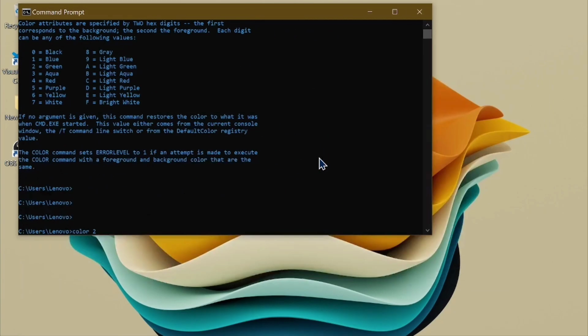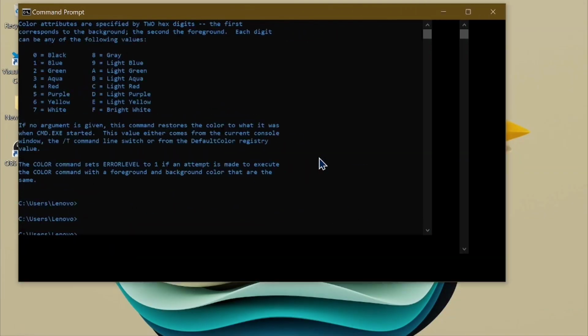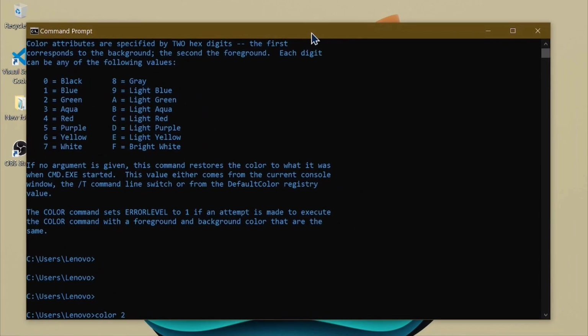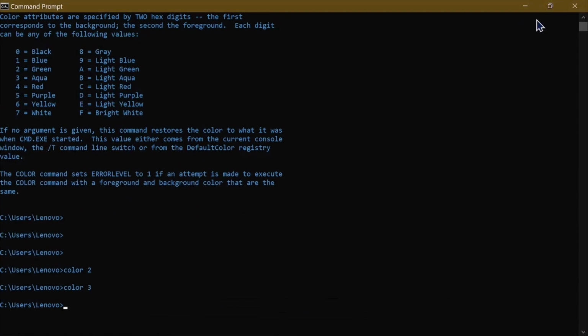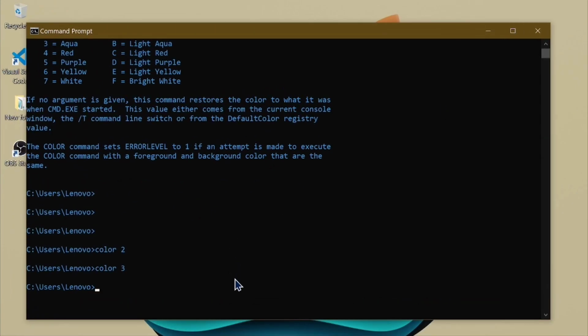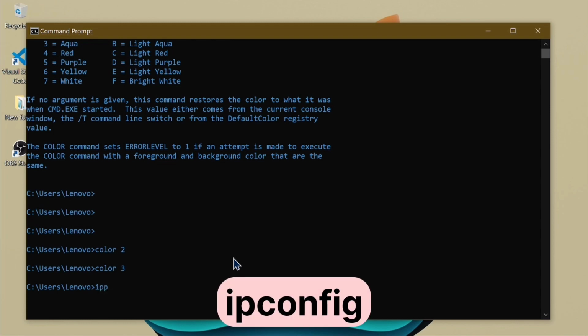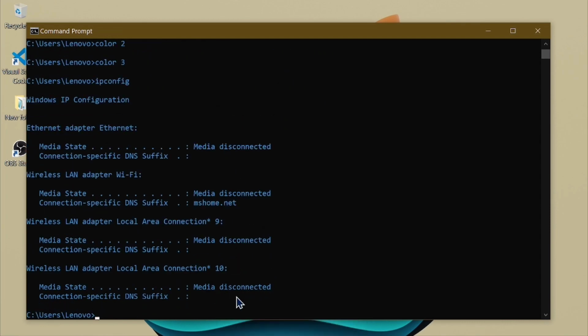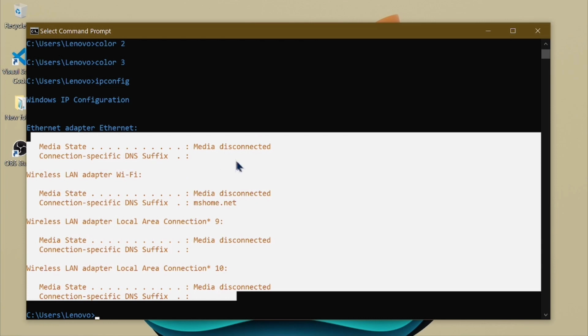If you want to zoom in or zoom out, you press Control and scroll up and scroll down as per your requirement. You can just set it, or you can make it full screen as well. The next thing we are just going to see here is going to be IP configuration. Okay, IP configuration. If you are connected to a network, it will show you the IP address here.